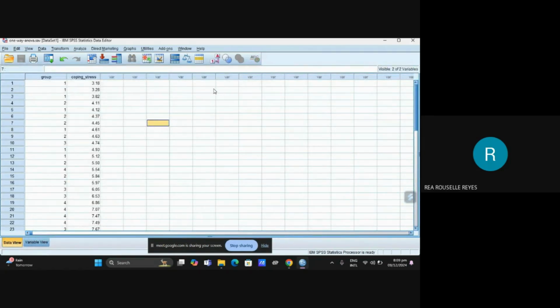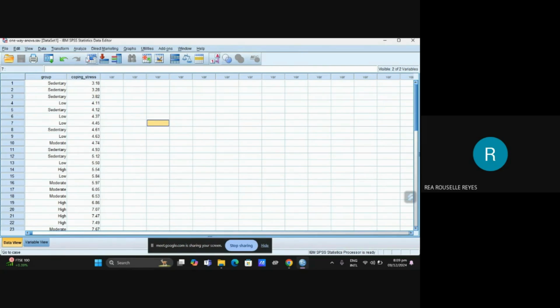You are going to click this icon for the group, which you are going to label with the value labels for sedentary, low, moderate, and high.